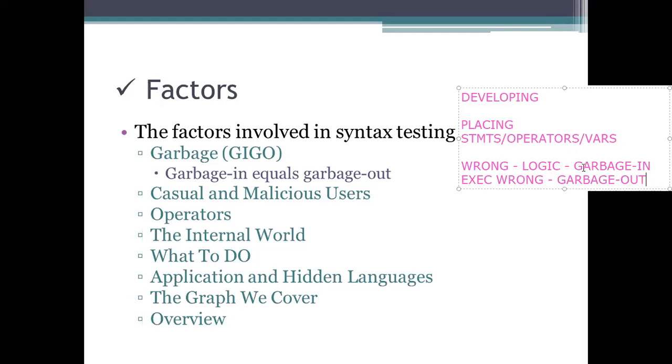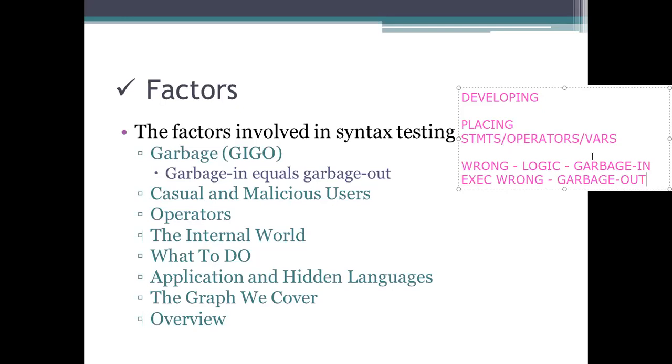So we need to specify that the garbage we are providing into the program. What is the garbage here? The garbage means the program is not designed in a correct way. It is not taking the correct values, or the correct operators, statements, correct logic, or variables, whatever it is. So for the control statements you are using in the program, if there is a mistake, the mistake will affect us. Whatever garbage you send into our program will be garbage out. Okay, that is the first one.